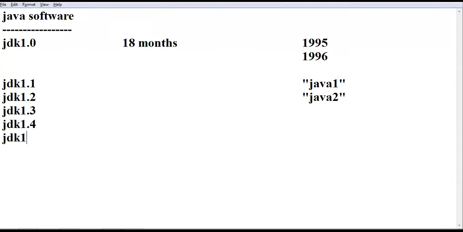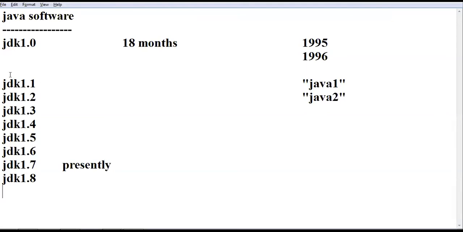What is the specialty? They are introducing new features. That's all, guys. JDK 1.6, JDK 1.7. Presently, we are using this. We can download 8 also. JDK 1.8 is there, 1.9 also. The newest one is 1.9.